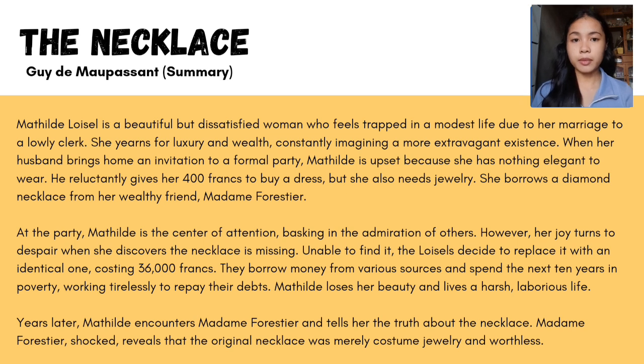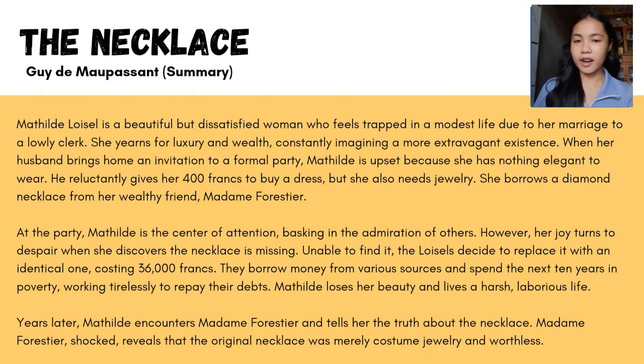Using Marxist criticism, it will help us to understand the class dynamics, materialism, and societal structures depicted in this story. Before we start, our previous reporter had provided us a step-by-step guide for applying this framework. So the following steps are: first, identify class relations; second, contextualize the text; third, analyze the ideology; fourth, critique capitalism; fifth, draw contemporary parallels. We will be using these steps to apply Marxist criticism using The Necklace as our primary example.